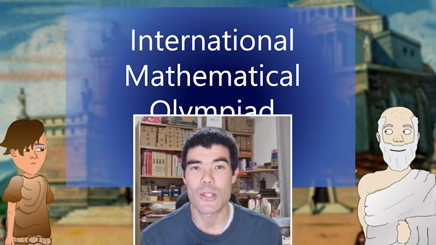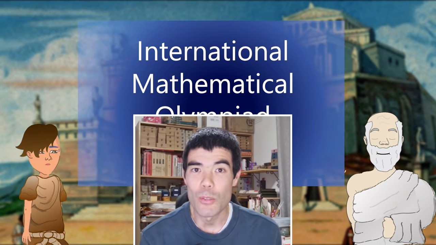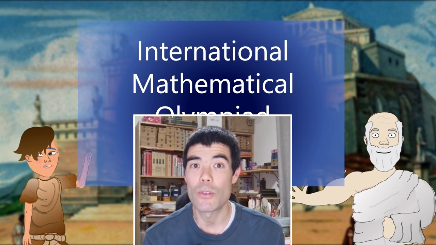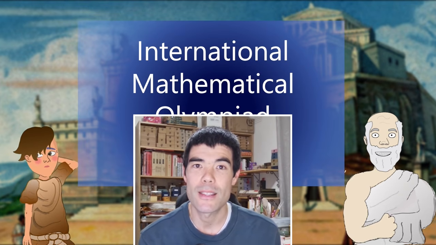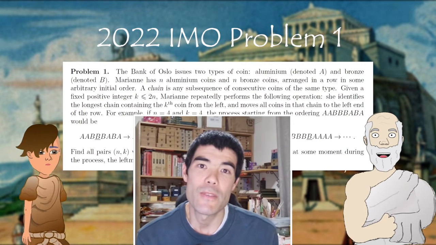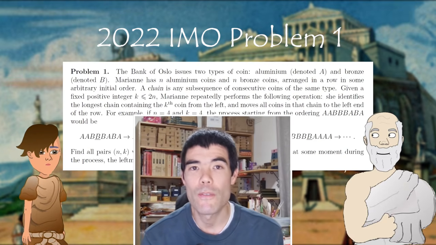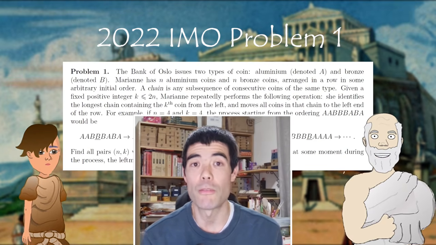The International Mathematical Olympiad has been called the hardest maths competition in the world, but one of the beautiful things about it is that the problems are designed to be able to be solved using only high school level maths. That idea was the inspiration for this video, which I made a few years ago for the 3 Blue 1 Brown Summer of Math contest.